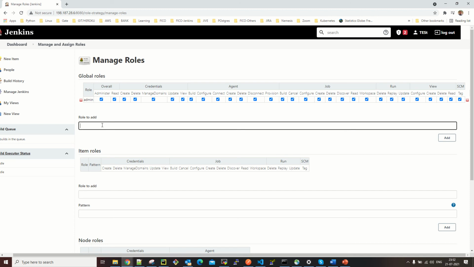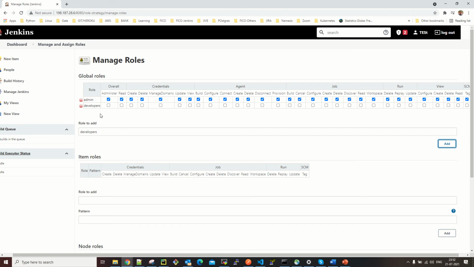For example, let's create a role called developers. I'm clicking on add. We get a developer role added over here, and let's provide it some permissions. Let's start by giving it the read permissions, and let's not give the create permissions.